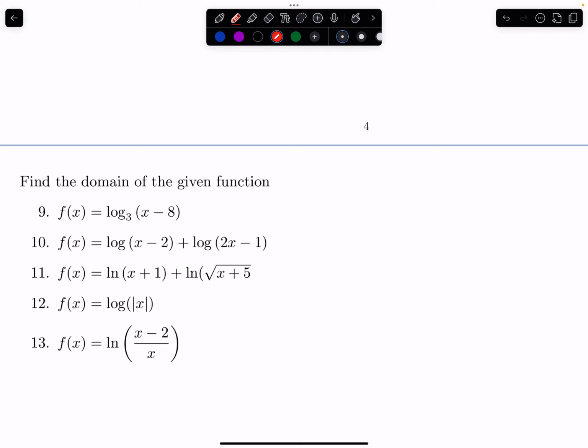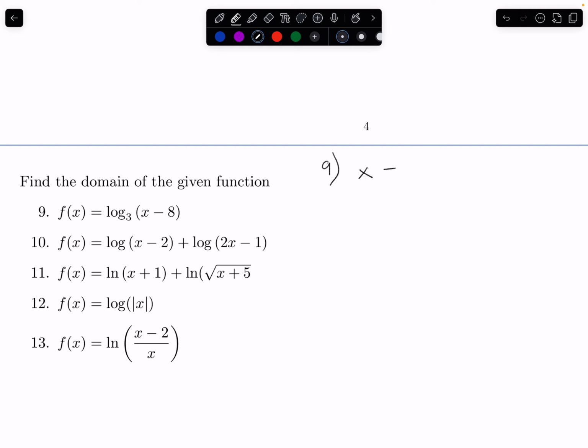Okay, nice and big here. Starting with number 9. Number 9 is very similar to the example I just gave you, right? The base here is not really that important. It's always going to be something that's positive and not equal to 1. So whatever the domain is, whatever this base is, I just want to make sure that this inside portion